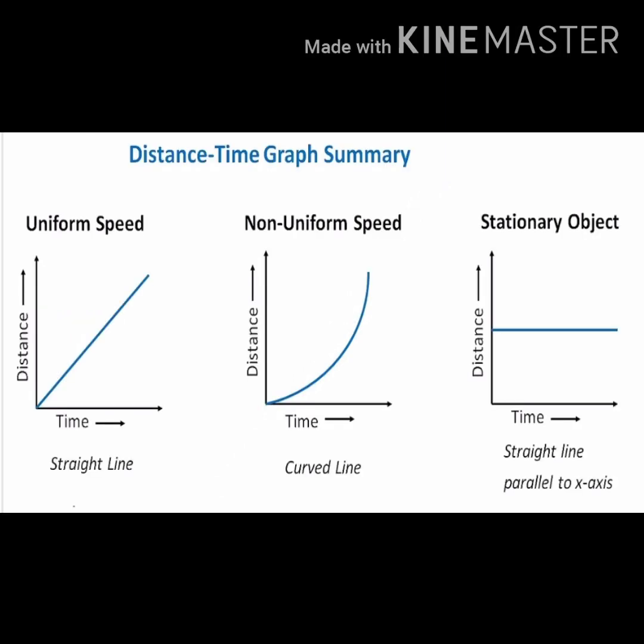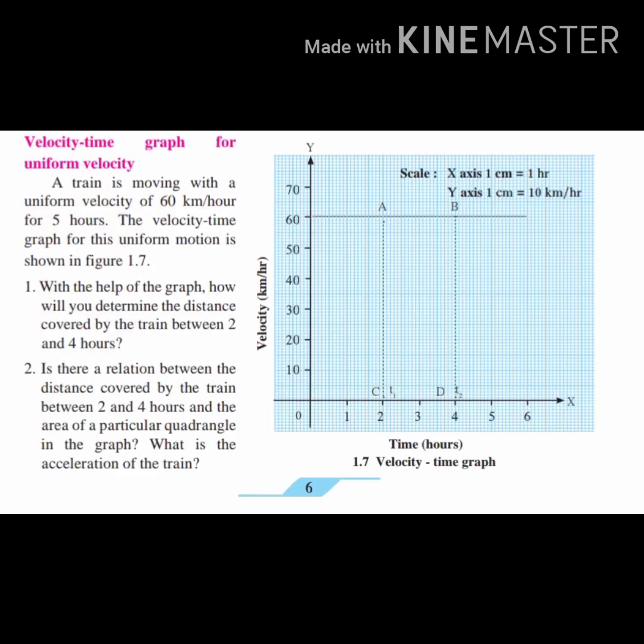All right. Now the next one is the velocity time graph. It is not displacement, it is a velocity time graph, where on the x-axis we have placed time in hours and on the y-axis velocity in kilometer per hour. Now you have to find out the distance traveled here. So distance or displacement traveled is what? It is velocity into time. Now there is one graph given in your book.